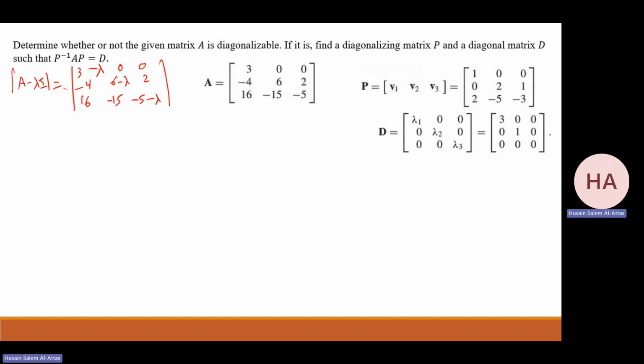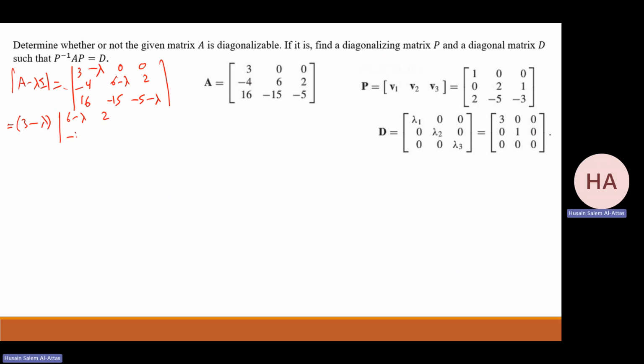Some of them we did before, in section 3.1, when we found eigenvalues and eigenvectors. Then I have what? 3 minus lambda times,